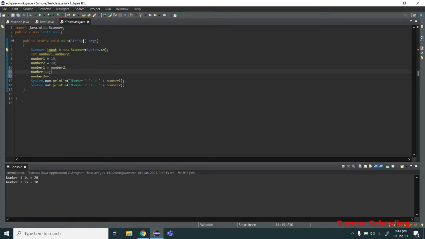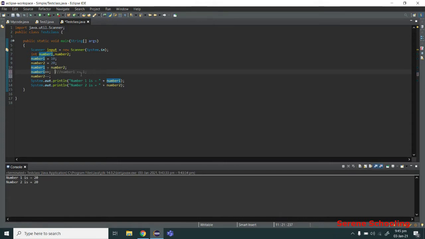This is written as number one plus plus, or it can also be written as number one plus equal to 1. I'm going to comment that. It is called a compound assignment operator, or in that case a unary operator, since it is working on a single operand, therefore it is called a unary operator.